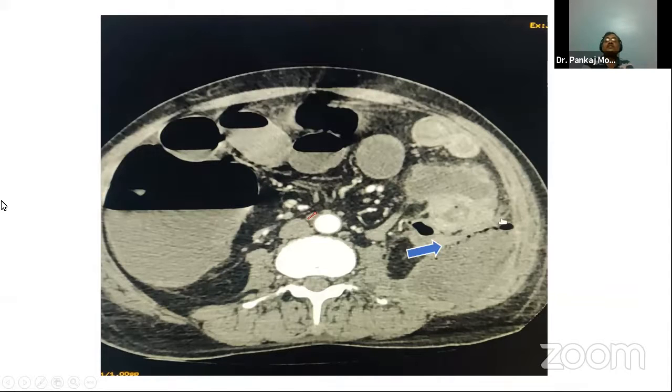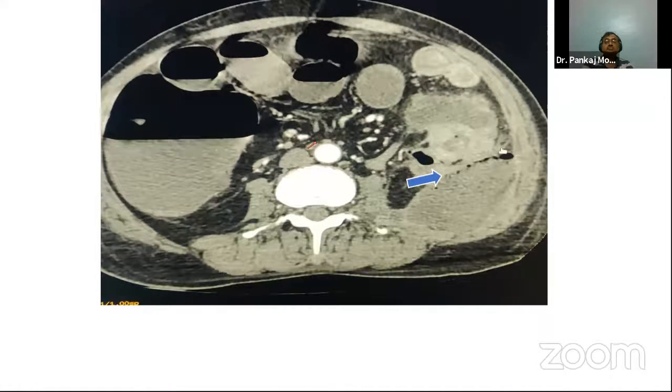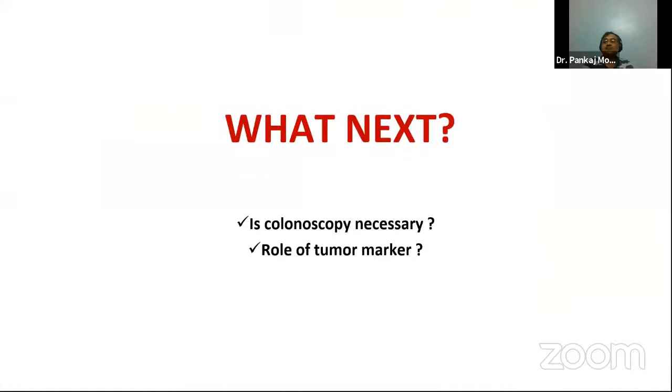So now what? Next. Now again, Lakshman, he has again put this. Now, is there any role of colonoscopy? Rahul, what do you say? In this condition, colonoscopy doesn't have any role. Why? As it is an organic pathology with a mid-descending colon mass, it will not give a definitive cure.